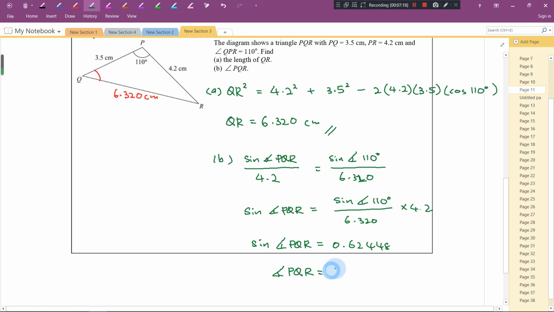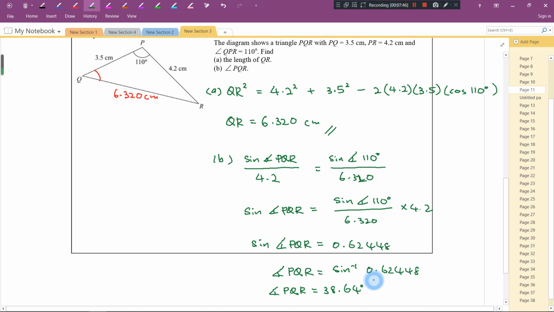Okay, so now I want to get the angle, right, from the sine. Then just use a calculator to help you get the answer. Shift sine 0.62448. Oh, I forgot, shift sine 0.62448. Okay, so the answer is